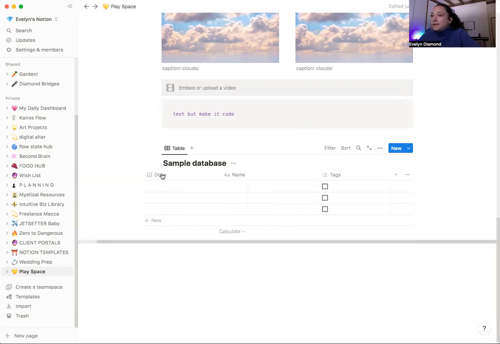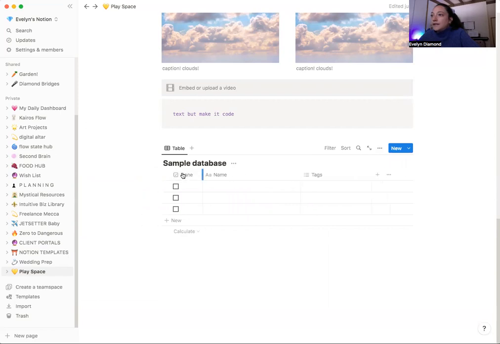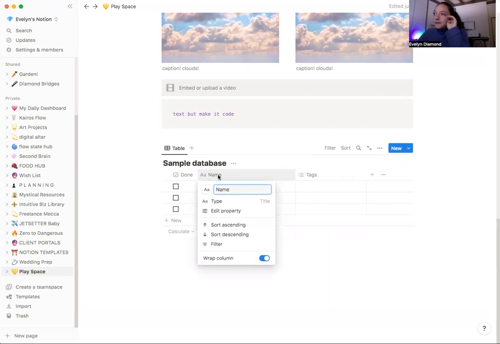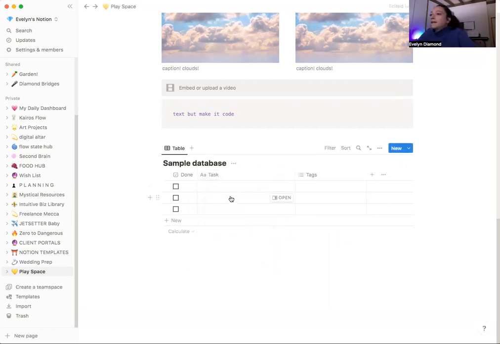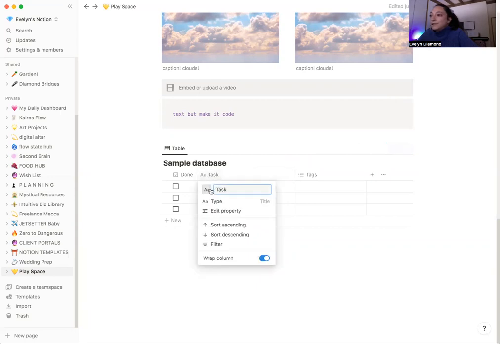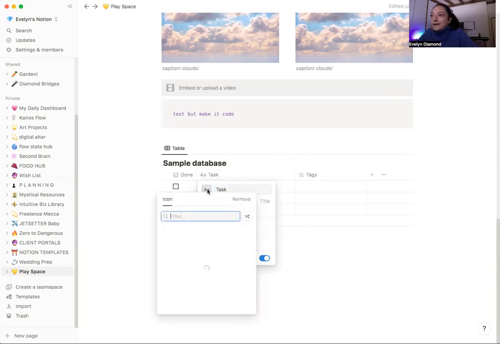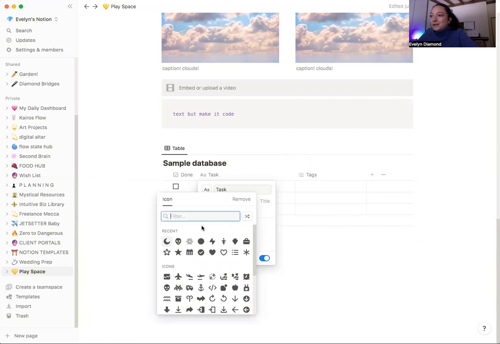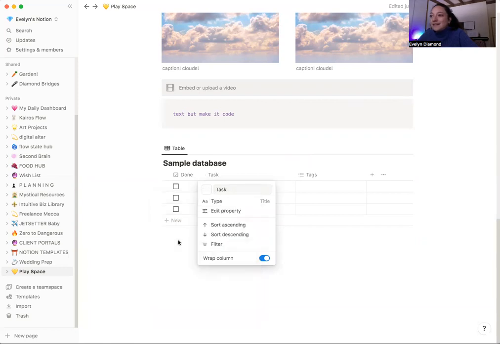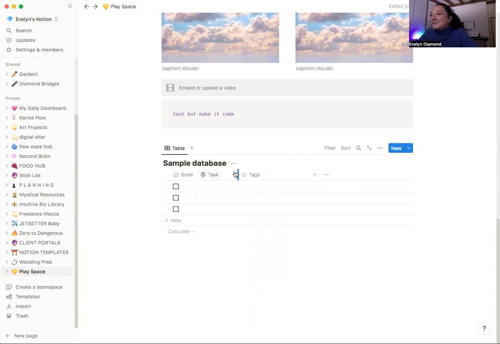Okay, maybe I'll move it here. It's really easy to drag and then make that a bit smaller. I might rename this task. You can also change the actual little icon that shows up here, which is pretty cute. Let's do a little alien just for fun. You can move this